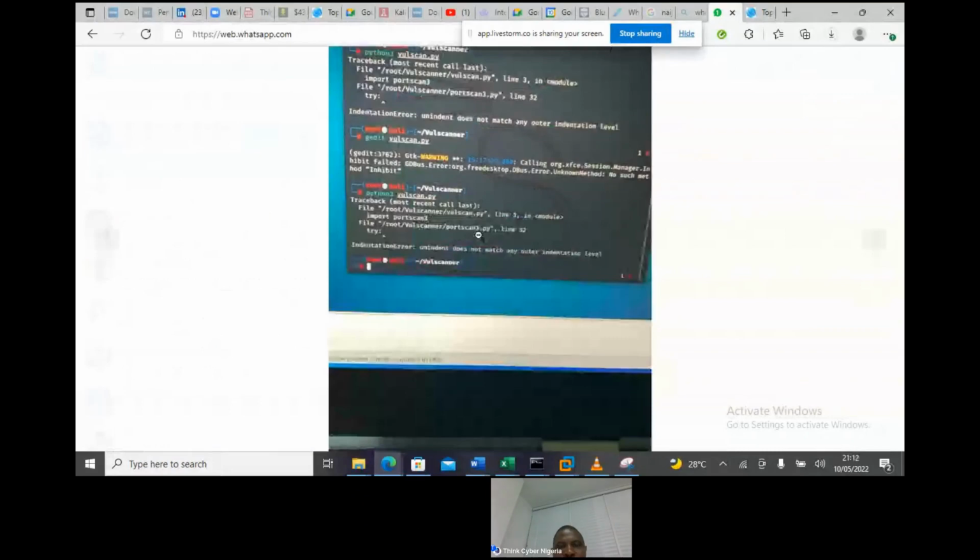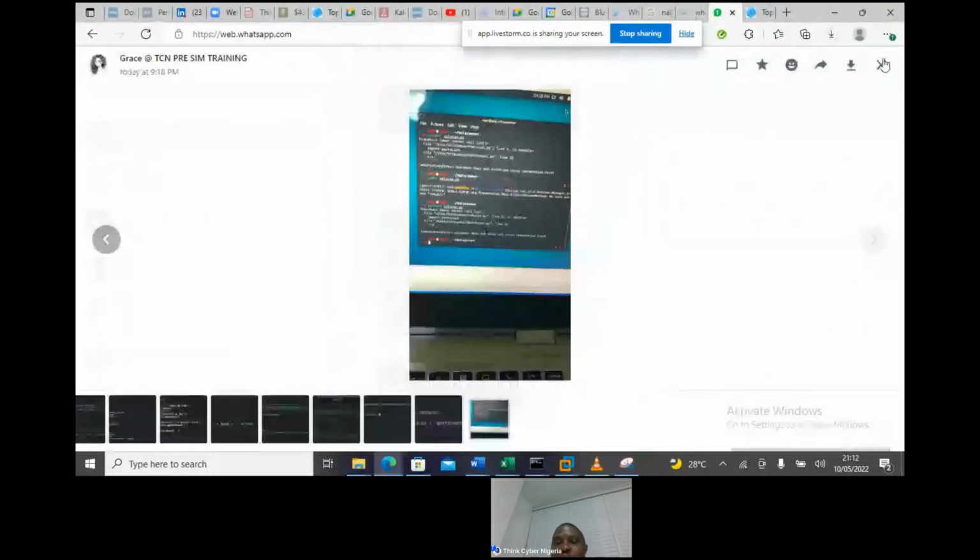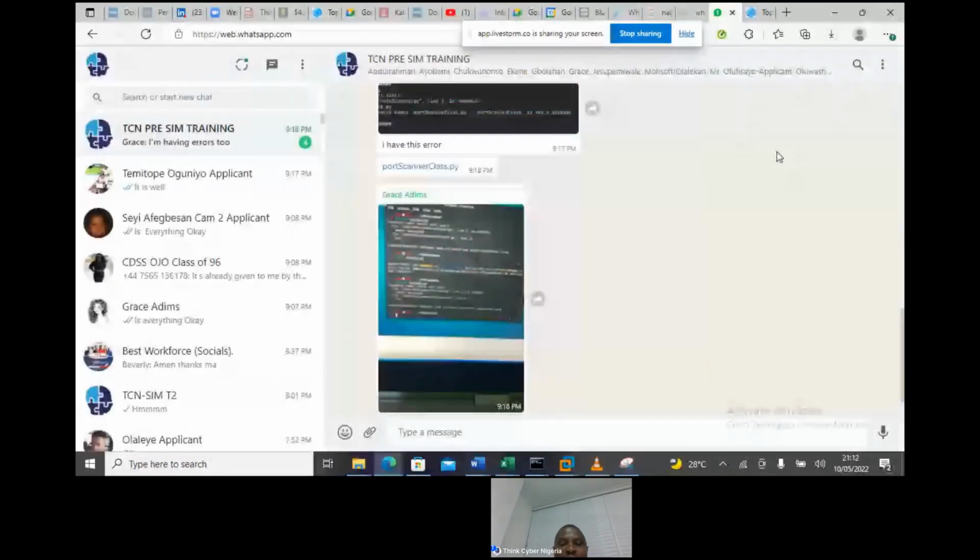Yeah. Once you see anything trace back, import port country, it is. Now go to Mrs. Grace, go to line 32. Now test that previous script. Now print line 32 of it. Let's see what is actually there. There is an error in line 32. Now for Mr. Ilori, can you actually show us your script?